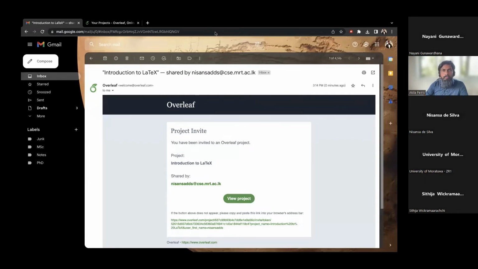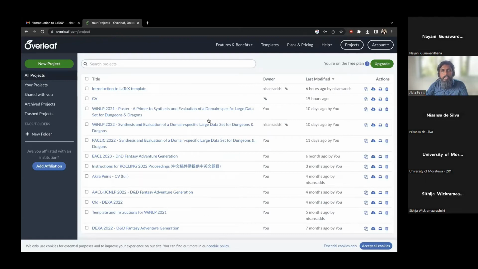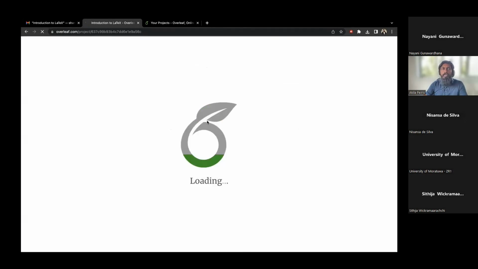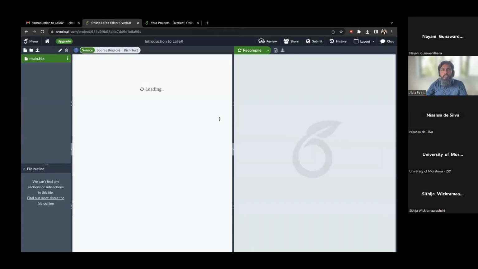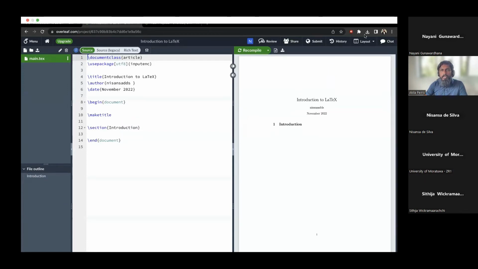In this browser, I have already logged into Overleaf to make things easier. I can just click the project, and it's asking me to join the project. You need to have proper access to the project, like how Dr. Nisansa just sent me. Here you can see I have access to the same project that he has.